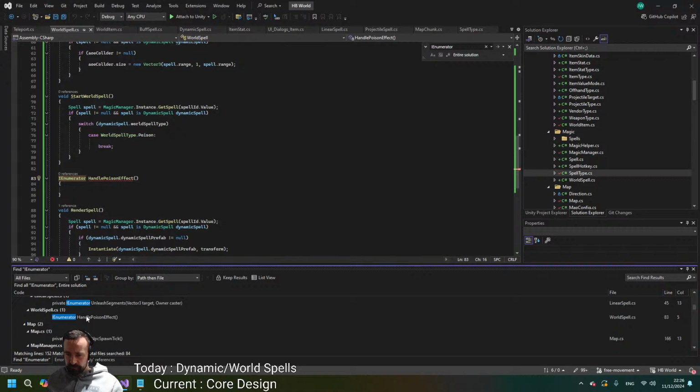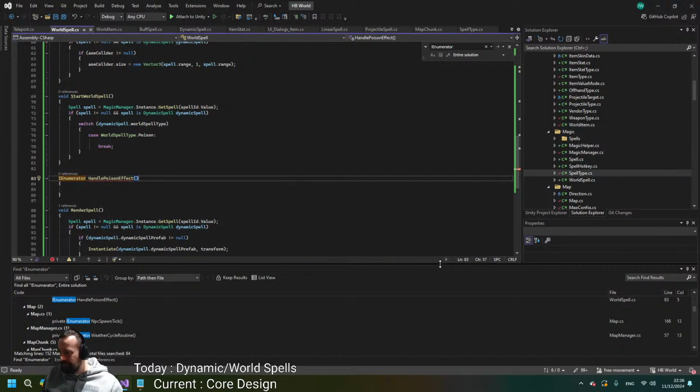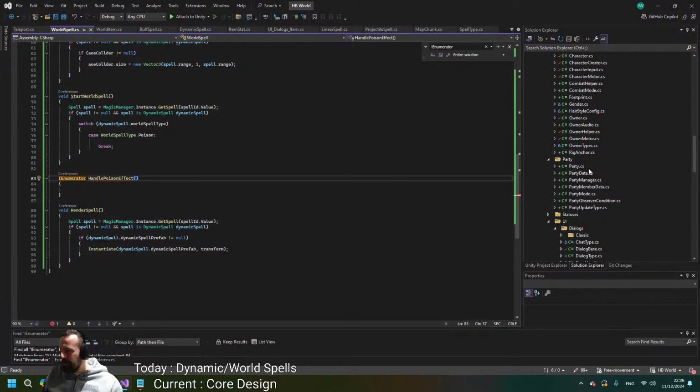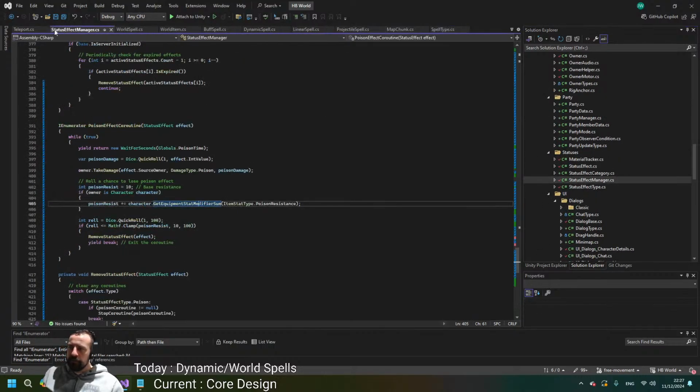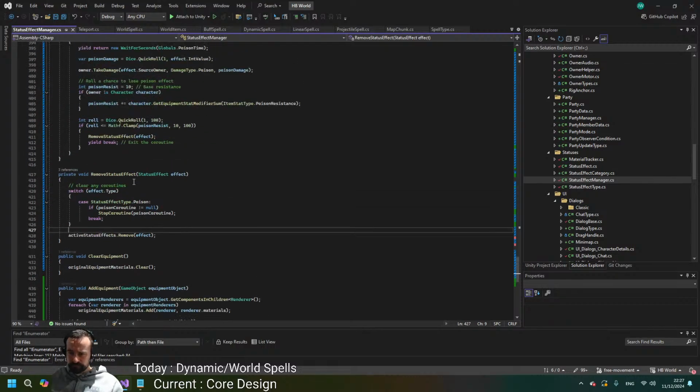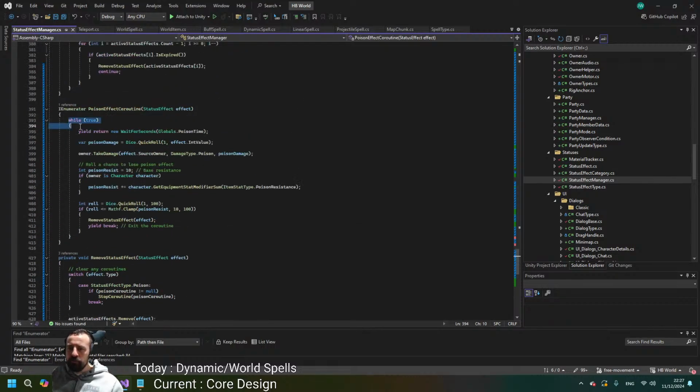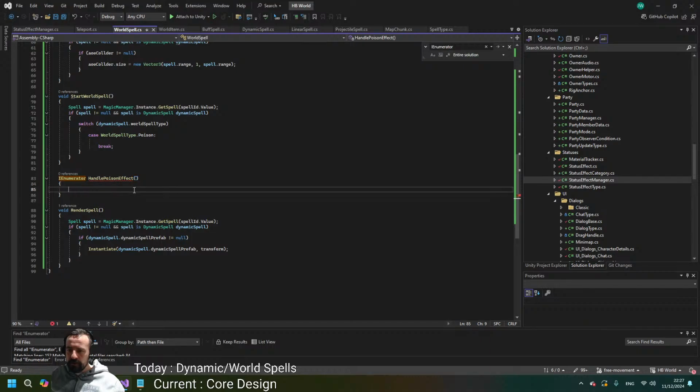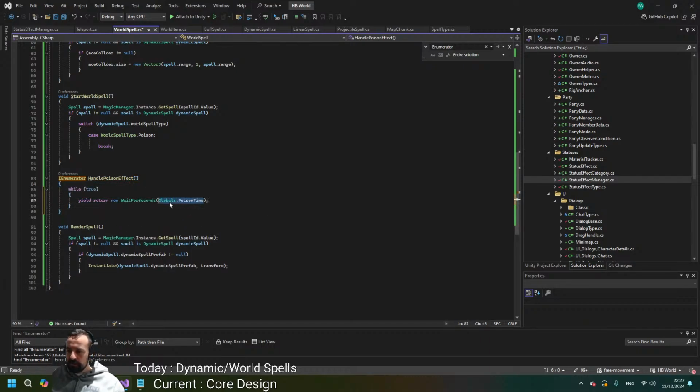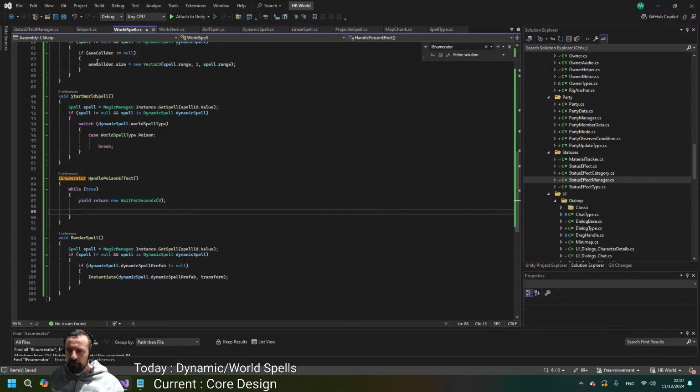no. Poison effect. That pointed me to the right location though. We can go to the effect manager. Status effect manager. So here's where we handle the poison effect coroutine. Yeah, so we do while true, and then we can do wait for seconds. I really don't like how they did it in the original game, but let's just do it like this for now. For wait for seconds, 3,000 milliseconds. 3 seconds? It is, isn't it? 3 seconds. Yeah. So every 3 seconds,